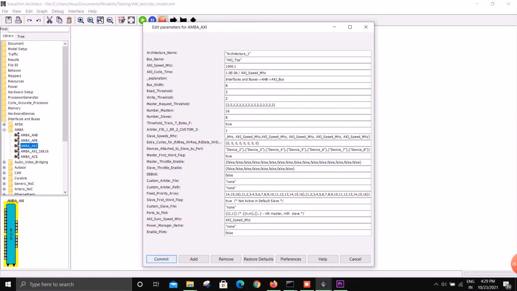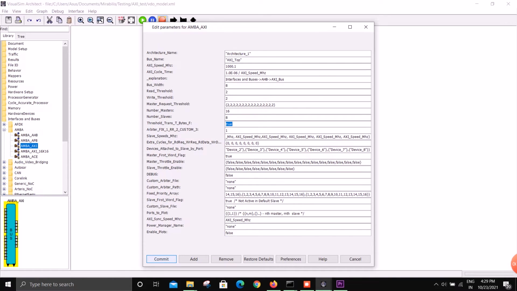Then we have the number of masters and slaves that you can change here, and we have the threshold trans. If you set it to true, then the flow control will be based on transactions, and if you set it to false, then the flow control will be based on bytes.